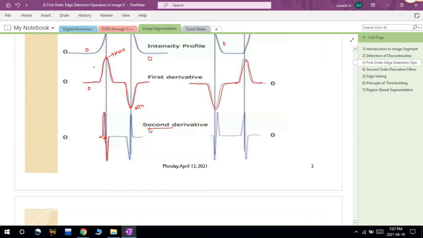And in case of this, this is 0 to 255, and this is in the negative direction. So I will write like this. So what is the meaning of this? In case of first derivative, I will try to find out the maximum and minimum points which are used to indicate the edges. But in case of second derivative, I will try to find out these 0 crossings which are used to indicate the edges. So in case of second derivatives, we will get a very good number of edges, very effective edges by using the second order derivatives.